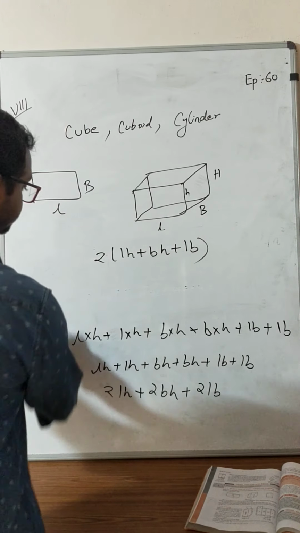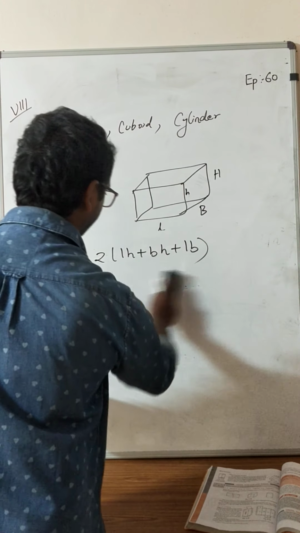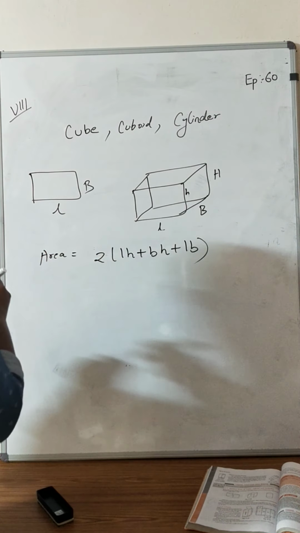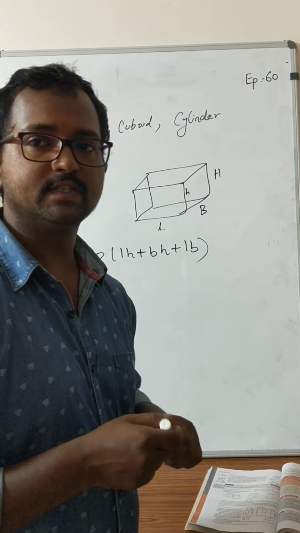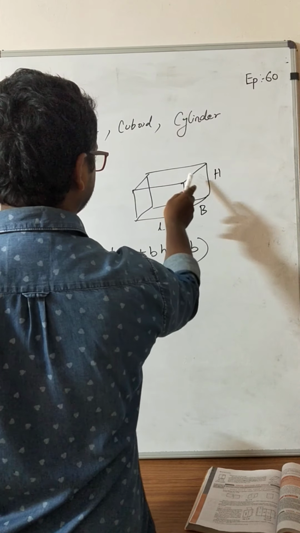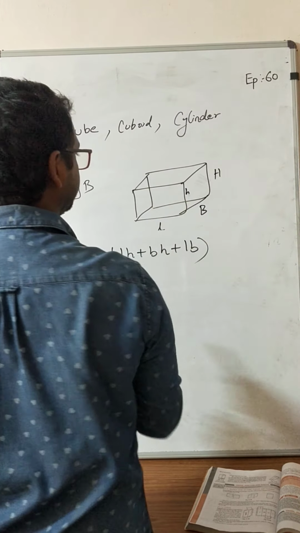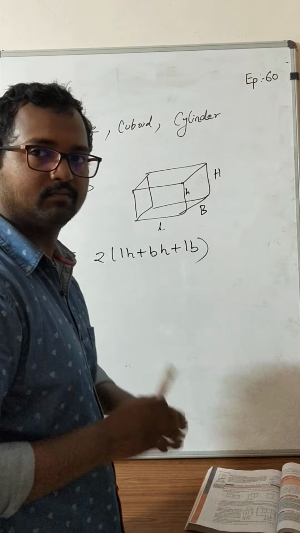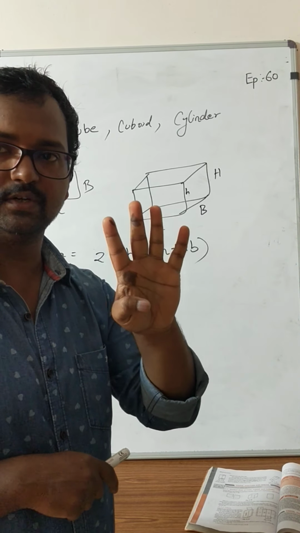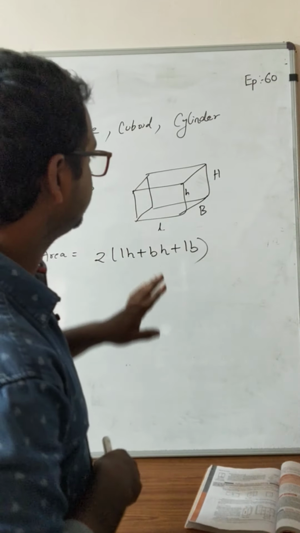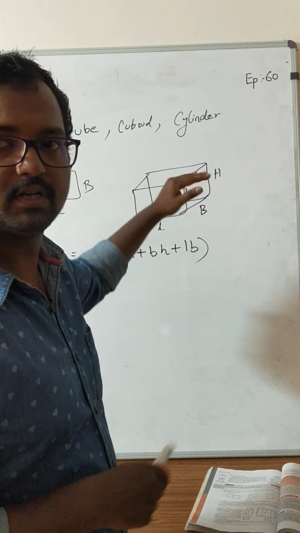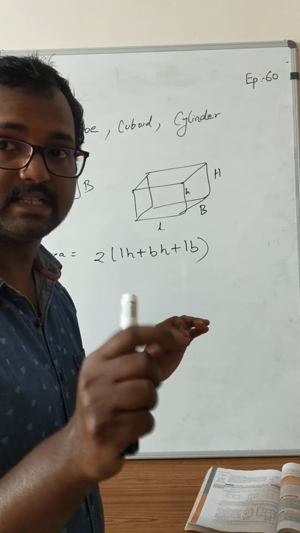Now see, this is the total area of a cuboid. When we are talking about lateral surface area, we are going to talk about 4 sides, which is the front side, the back side, and the left and the right. The roof and the bottom floor are not taken into consideration when we are talking about lateral surface area. We will take into consideration the 4 sides, which is front, back, left, right, not the top and bottom.